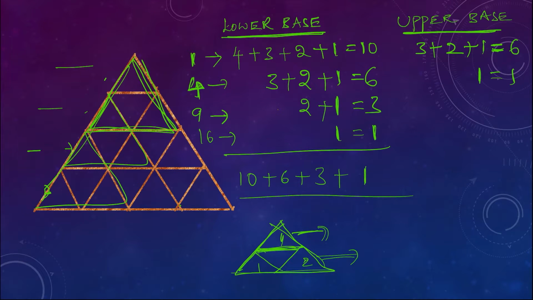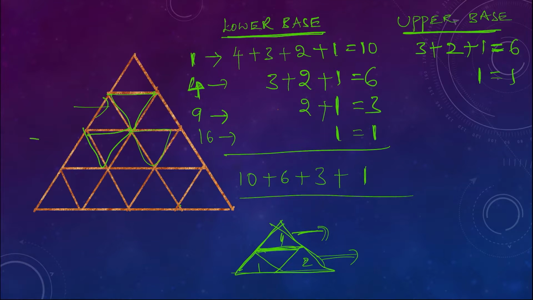If you come to the upper base triangles, how many rows exist? Smaller triangle rows, how many are there? We'll check that. This is 1, this is the second row, this is the third row of smaller triangles. Here 3 rows are there, but here only 1 exists. So if at least 3 rows are there, only then are we getting one bigger upper base triangle, the 4 smaller triangle combination. At least 3 rows are required, but for the lower base 2 rows are enough.